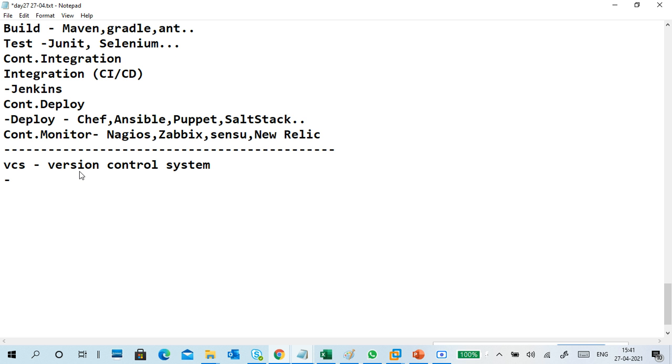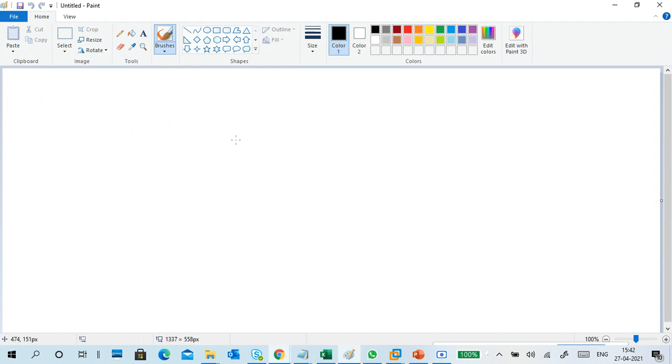In this there are two things: one is the central version control system, and the other is the distributed version control system. We are using the distributed version control system only.